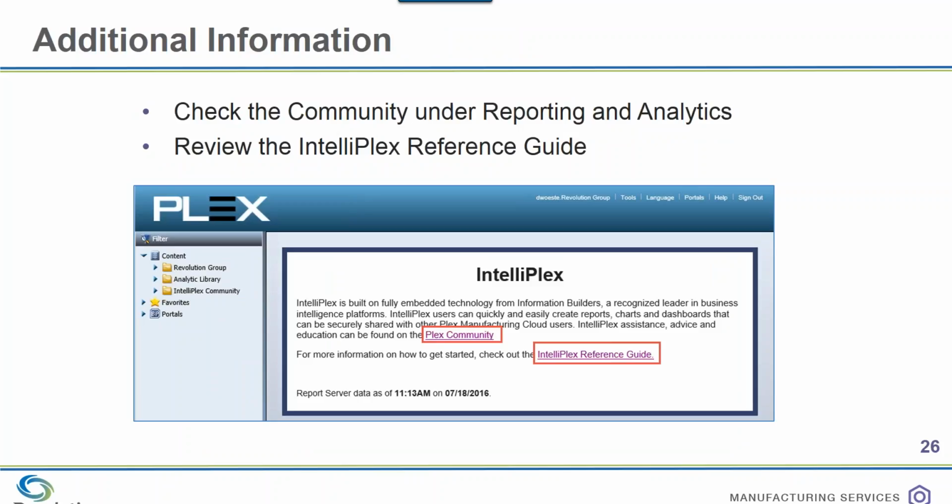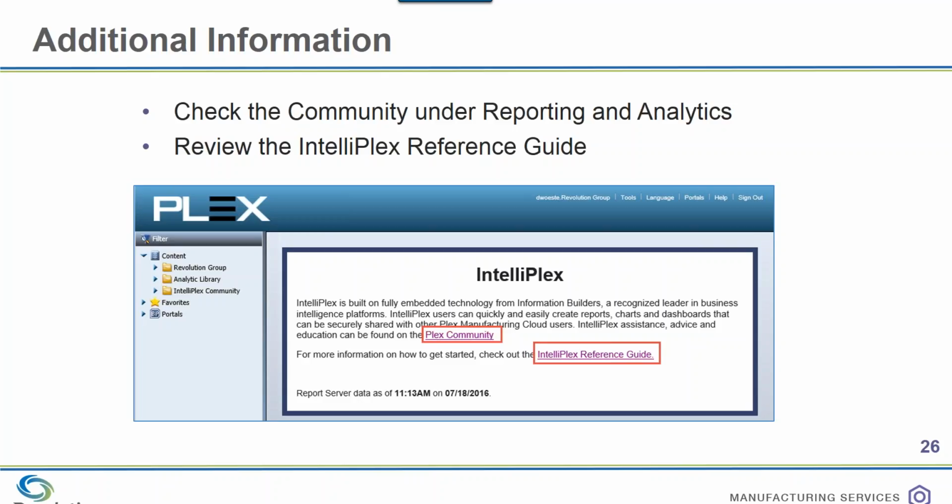So where do I go to find out more information about the Intelliplex Analytics tool? Obviously, you can go to the community. It's a good source and a good starting point. And actually, within the Intelliplex startup page, there's a link to the Plex community. And that's going to take you to all of the posts that are in the business and analytics section of the community.